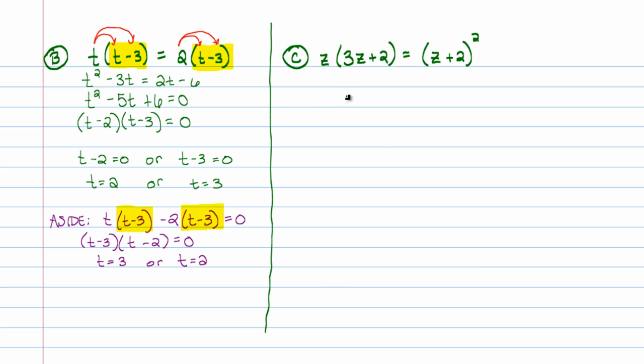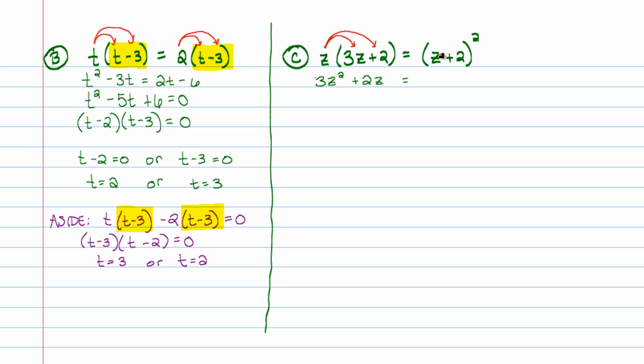So our next example will be a little more complex. As always, we try to beef up the examples as we move along. I will do the same idea that I did over on example B, which is I'll clean up both sides by distributing to get rid of parentheses. So let me do this in red. I'll take this z and distribute it to the 3z and also to the 2. So I'll get 3z squared plus 2z